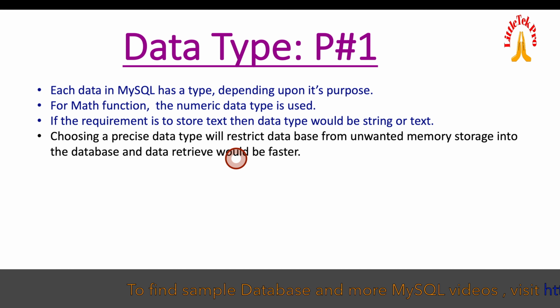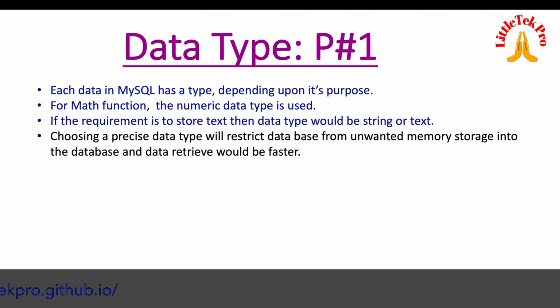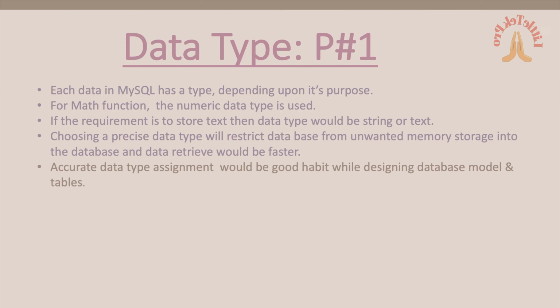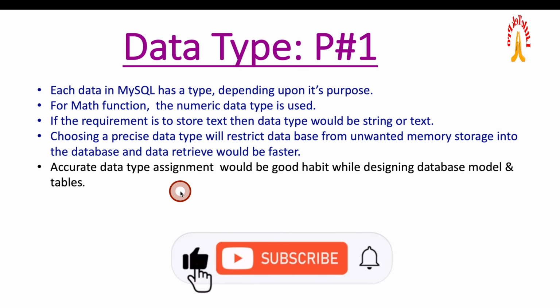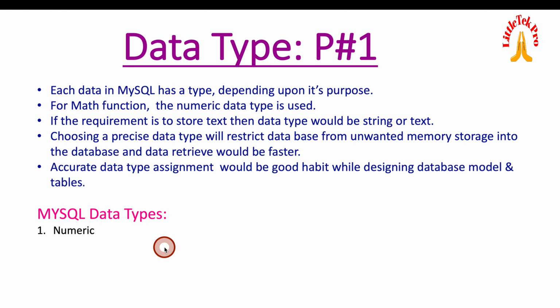Choosing a precise data type will restrict unwanted memory storage in the database, and data retrieval will be faster. Accurate data type assignment is a good habit while designing a database model and table. So let's talk about MySQL data types. First is numeric, second is string and text, third is date and time, fourth is blob, fifth is boolean,